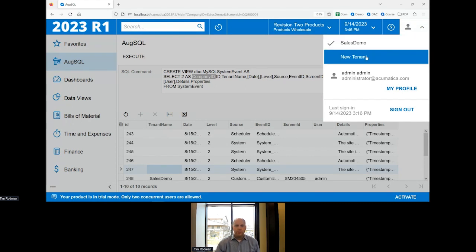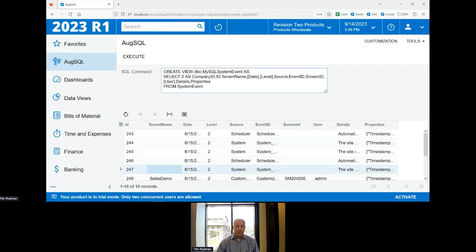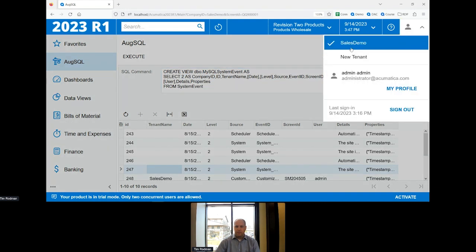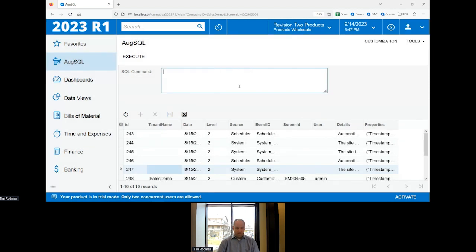And I think they just didn't want to go back into the database and change all the field names to tenant ID. But in the database, basically company ID is tenant ID. And you have to have that column so Acumatica can restrict the data that it returns depending on the tenant that you're logged into. But I need to trick it in this case because there is no tenant ID column or company ID. So I'm just hard coding in number 2, which is sales demo, the tenant that I'm logged into. And actually, that's probably a good